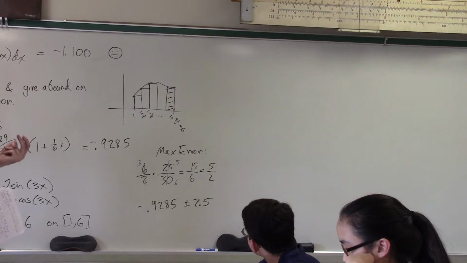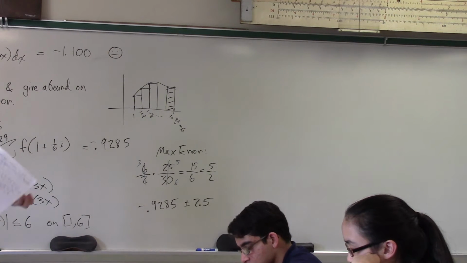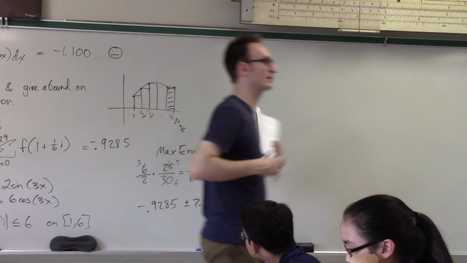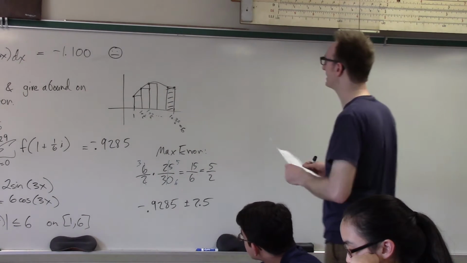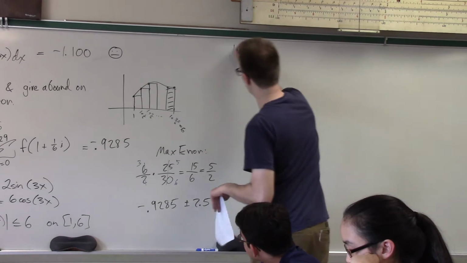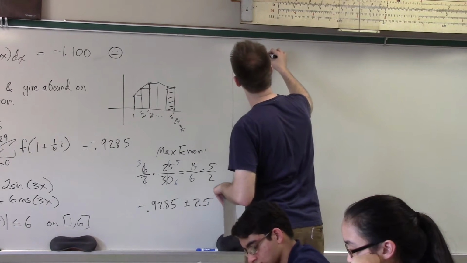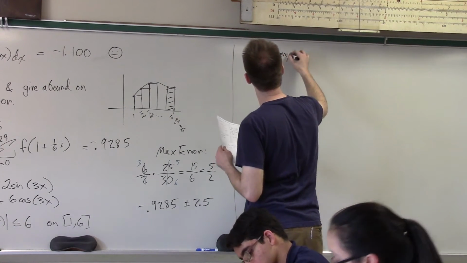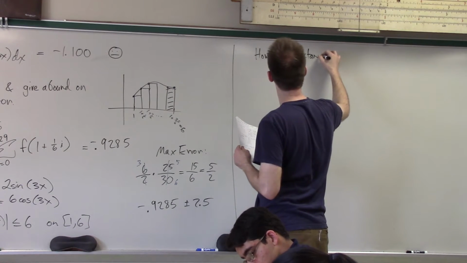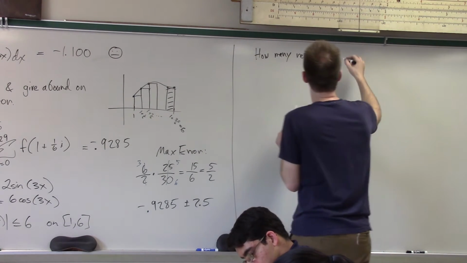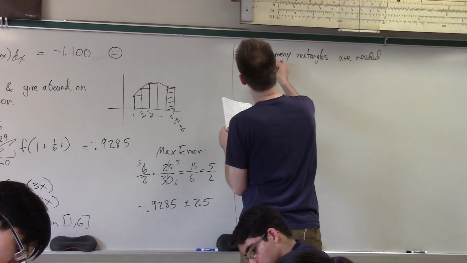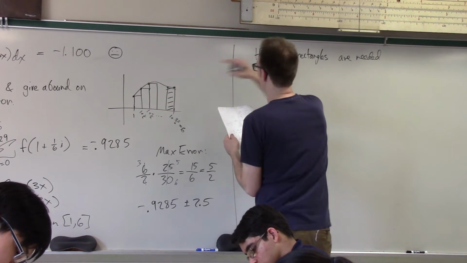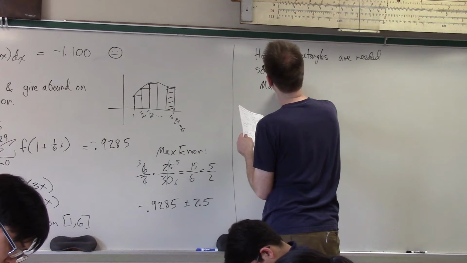In order for it to be good enough. And good enough depends on the particular application, right? So suppose we need the error to be less than 0.01. So here comes another follow-up question. How many rectangles are needed so that, for this same problem, the maximum error